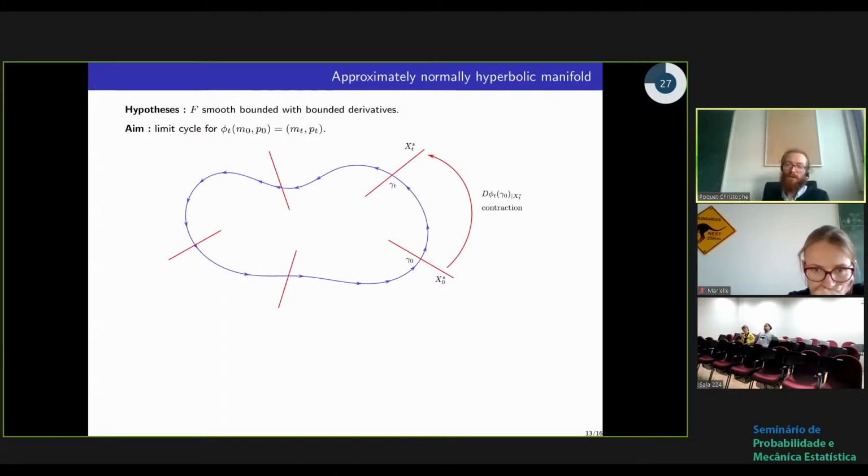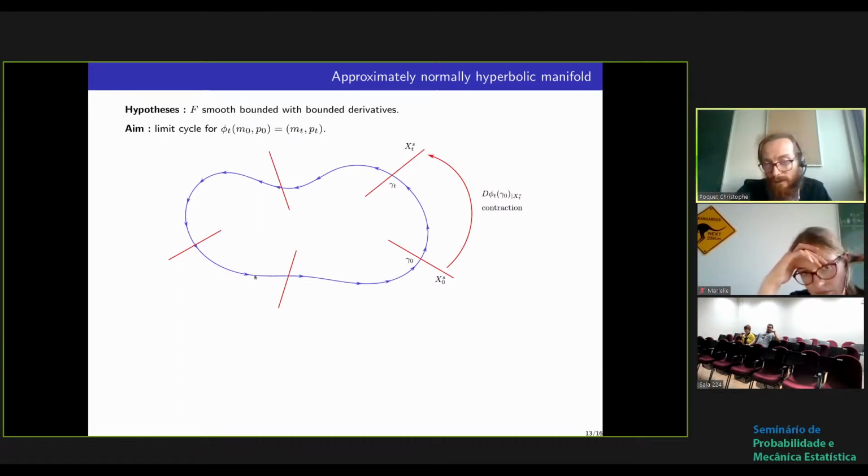So what do you want to prove when you want to show that it's a rigorous approximation? We want to show that you have a limit cycle for your limit PDE, for your Fokker-Planck PDE. So what is a limit cycle, or a stable periodic solution? Imagine that this is the solution of your PDE. It's a solution that is periodic, so it's a closed curve. And if you want stability, it means that at each point of your curve, you can define some hyperplane here that you can call x0s, which are stable around the